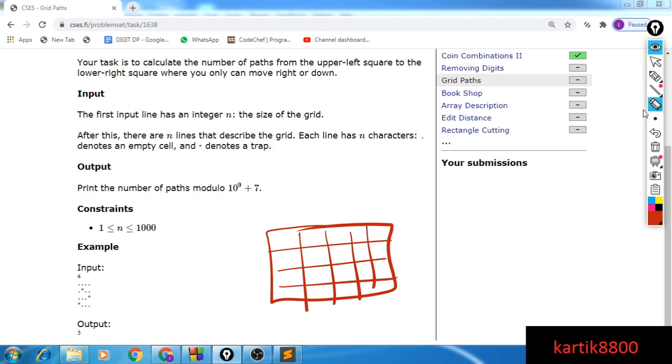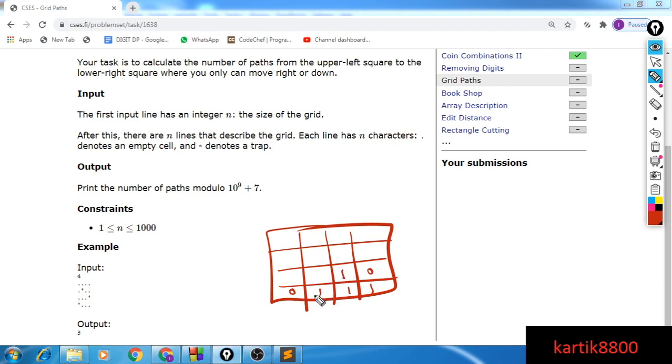I guess, yeah. So I say that from 4,4 to 4,4 there is one way. For this one I can only go right, there is no down option, so there is one way. For this also one way. This cell itself is blocked, so 0 ways. For going from here to here we have one okay, this cell is blocked, 0 ways. For this guy I can either go right or down, so my answer is 0 plus 1, that is 1.